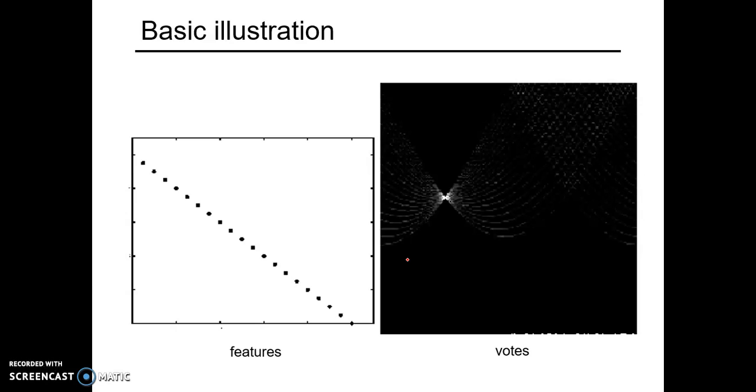Okay, so if you analyze this particular picture, many dots are almost along the same line. If you transform this to the parameter space, you will get certain curves in theta and rho, but all these curves intersect at a particular point, and that point corresponds to your theta value and rho value.